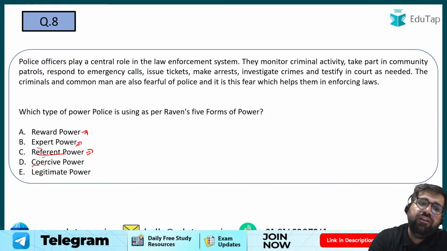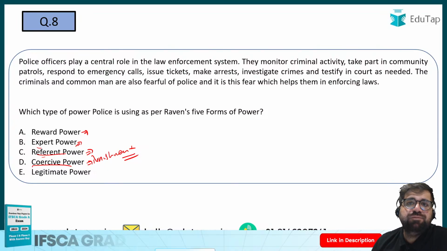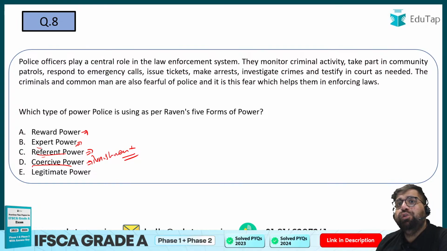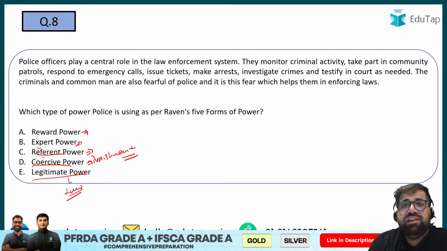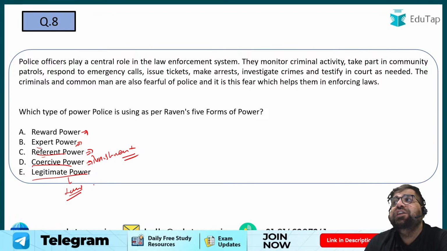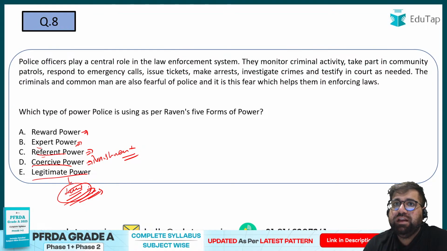Coercive power basically comes from punishments. You have the ability to give punishment to anybody, therefore that particular person will listen to you. For example, Hitler and Kim Jong-un have very high coercive powers. Why? Because the moment you do not listen to them, they will punish you. Legitimate power comes from the law of the land. For example, the President of India, right? Why will you listen to the President of India? Because she currently has the highest position as per the power of law. She is the first citizen of India, right?